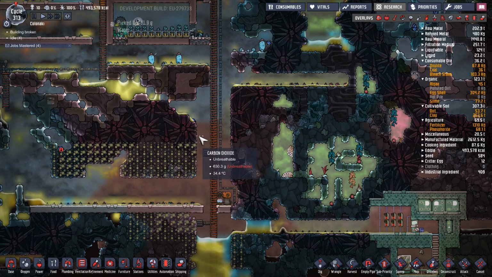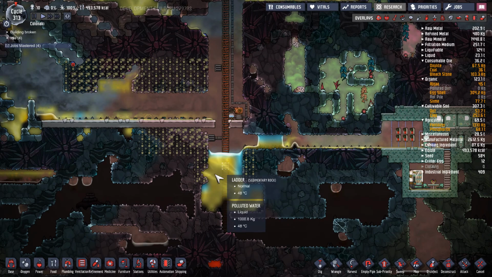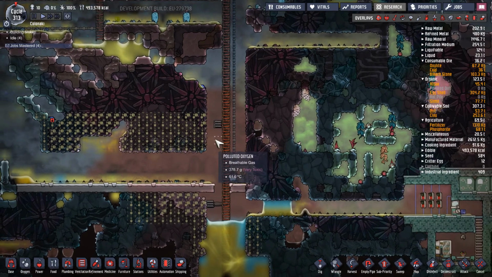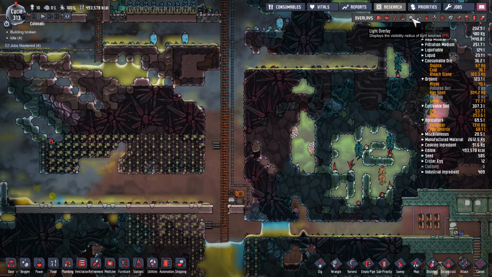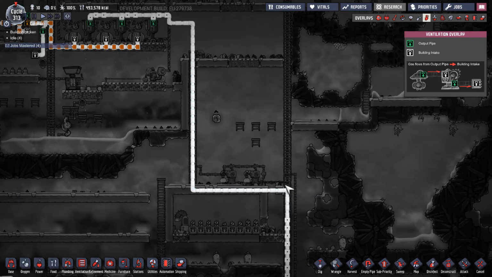So for instance, you see that I have a carbon skimmer here, close to the magma, and don't go too close because it's going to be super hot. But this one is actually helping me a lot because it removes the carbon dioxide from this area, and you see the concentration is very low over here, and so I can actually pump the remaining. I can pump carbon dioxide here, and you see here, for example, if I go to the ventilation overlay,